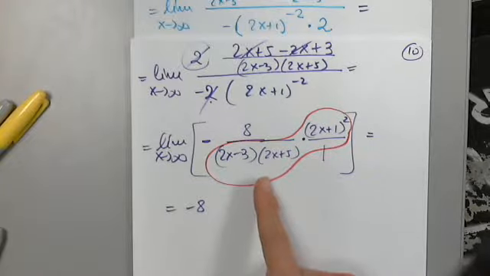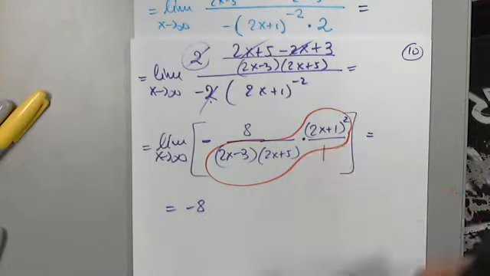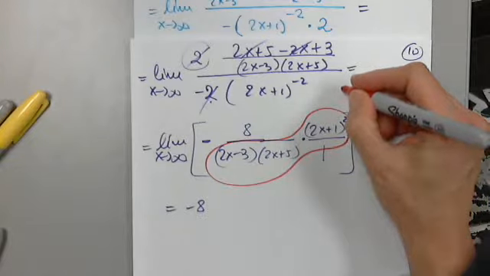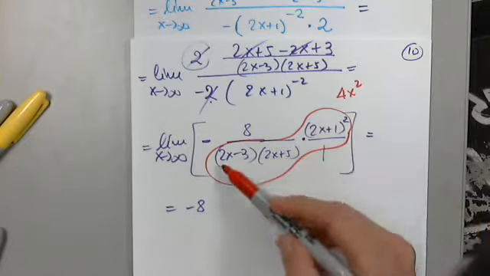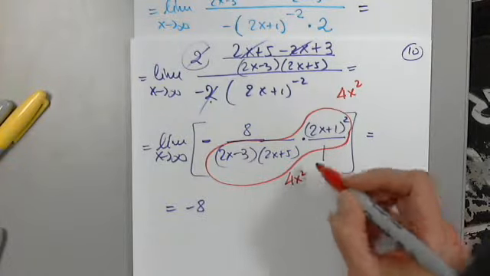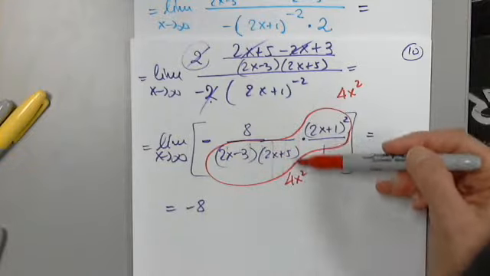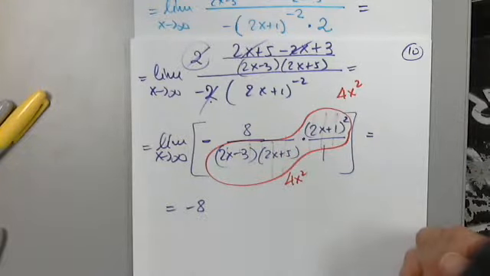What is the degree of the bottom? Same, 2. What would be the first term here if you expand 2x plus 1 squared? What would be the first term? Awesome. So what is the limit as x approaches infinity from all this? 1. Do you all agree with 1? So then the limit is negative 8. And you can say not so fast.